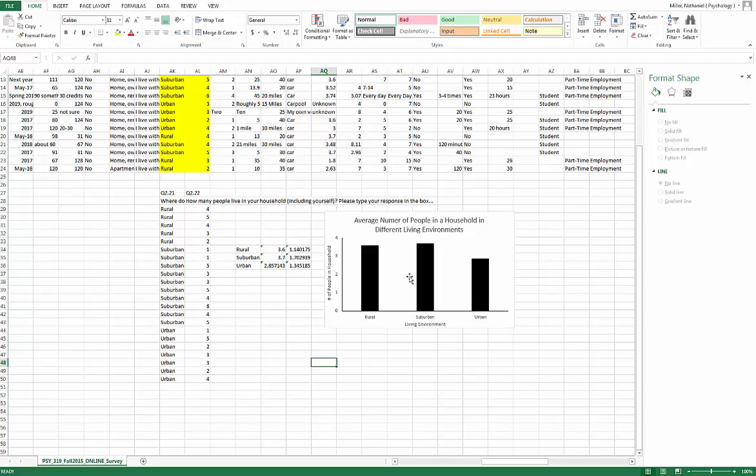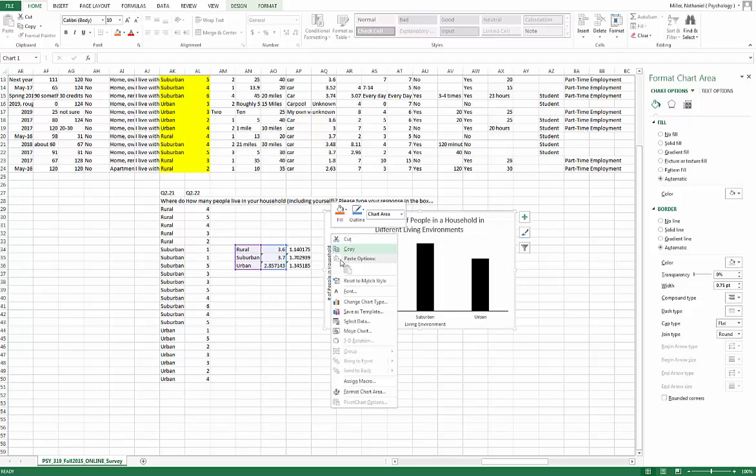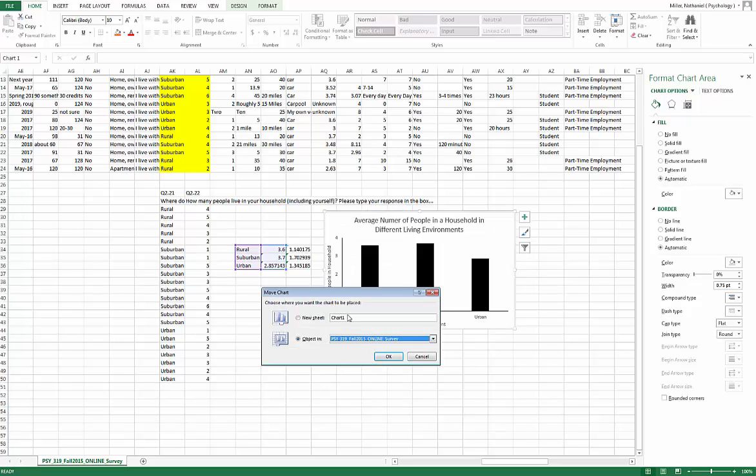Now, one thing you'll notice is that things seem a little bit scrunched in it. And one of the ways that we can get around the scrunchedness is if we right click on our graph, and we need to do it in a spot of the graph where it doesn't capture anything else. One of the things that we can do is go to Move Chart. If we click on Move Chart, basically what we'll be doing is creating a new tab that contains only our chart. So we're going to select New Sheet, and I'm going to call this bar graph,